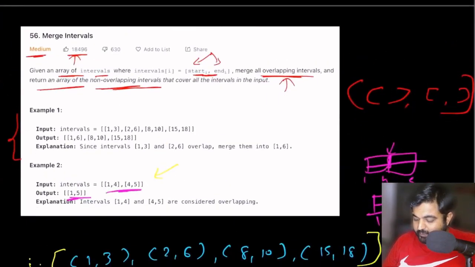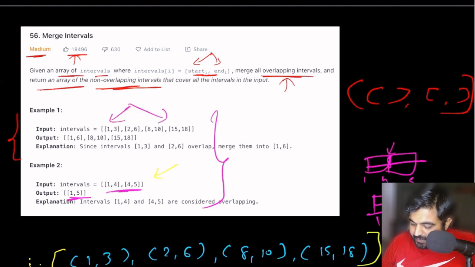For this problem, there's one more thing that I'm going to explain that is not shown in this problem, and that the interviewer is going to focus on. Currently, in both the examples, all the values we are given are sorted based on the starting value. So the smallest starting value is located first in terms of the intervals, and all the others are in ascending order.